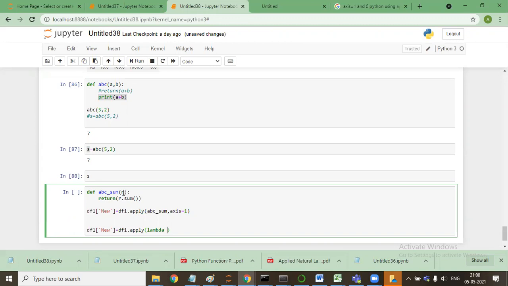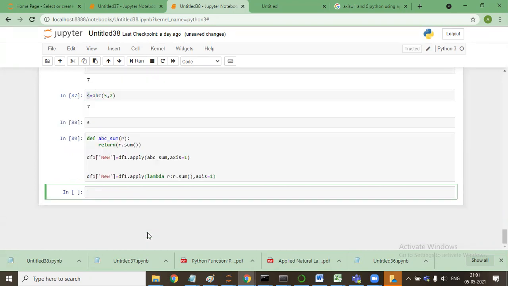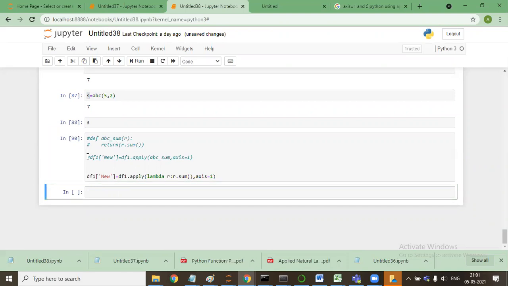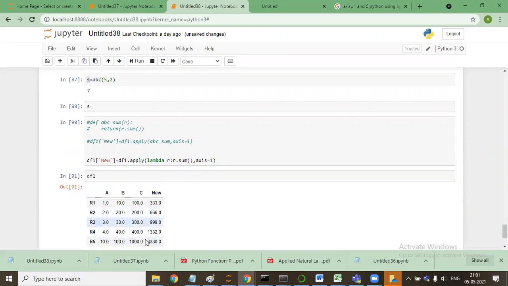This r will come here, and I'll just copy and say r.sum, axis is equal to 1. I'll comment this out. I'll say shift enter. Now if I say df1, it will have the new value.